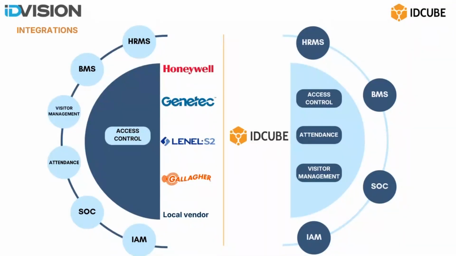On the other hand, on the left side, our competitor only has access control as their core feature, and they have to integrate with all of the other systems, visitor management, attendance, and even when they're integrating with third-party devices, it's not on an SDK level, it's on a third-party middleware. So the seamlessness and